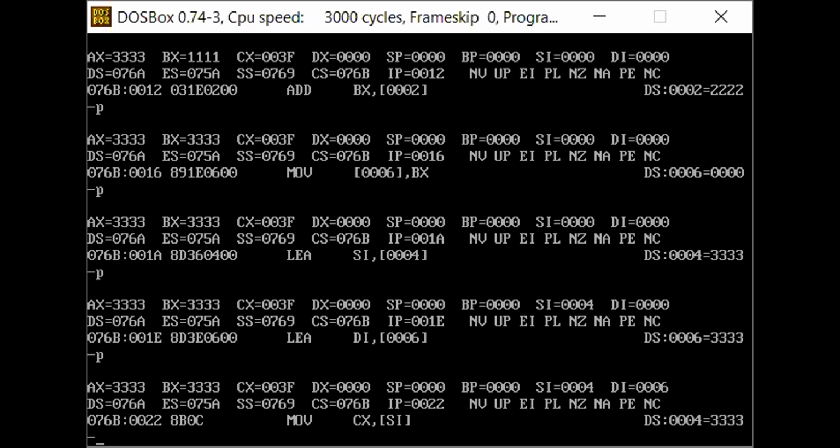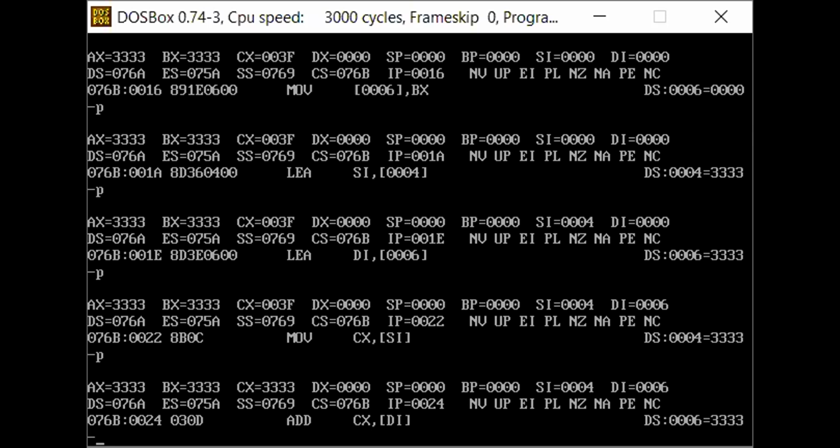That means the value stored at that address is moved into the CX register. Okay, what is the value stored at SI? SI consists of 0004, right? What is the value stored at that particular address? That address is sum1. Sum1 is 3,333. See whether we get that particular value or not. Yes, when we look at the CX register, it is 3,333. Clear?